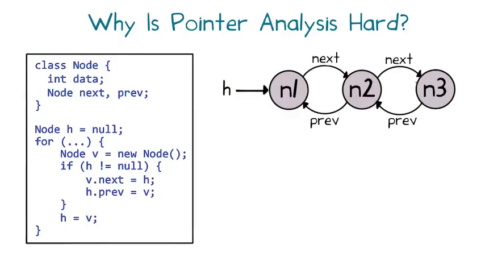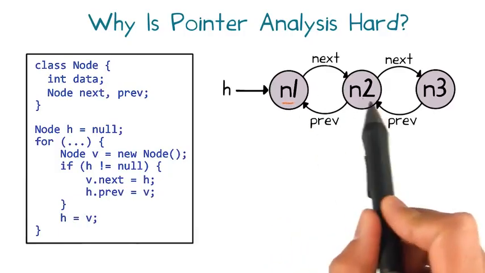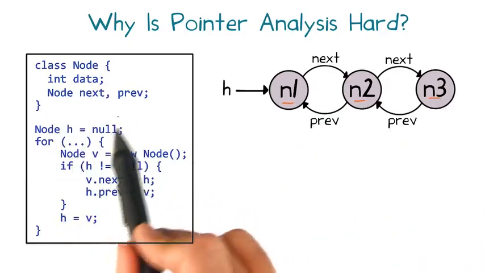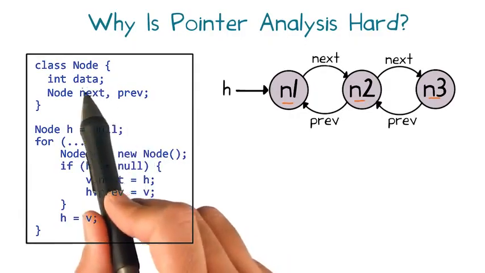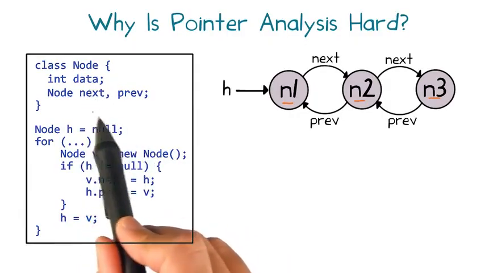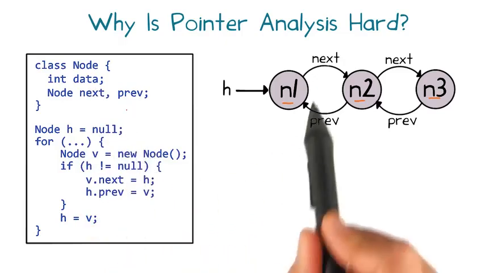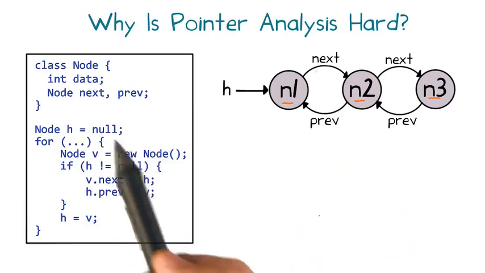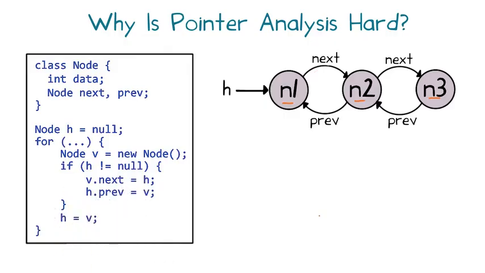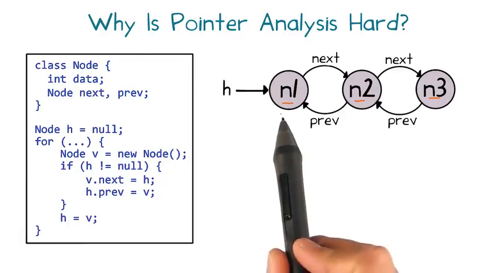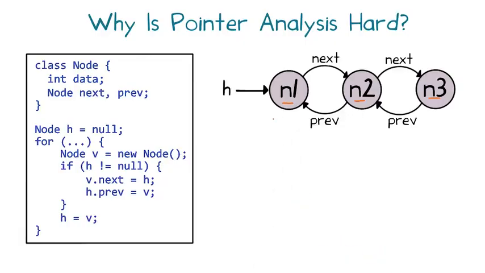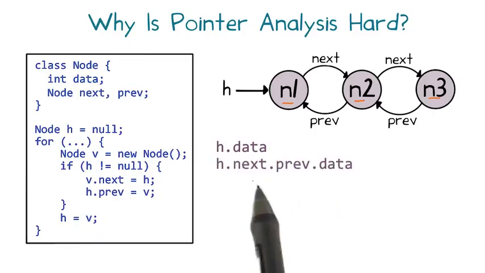Let's take a look at the following data structure, a doubly linked list created by this example program. Each vertex is a node object in memory, and each node object has a data field and two pointer fields called next and priv, which are capable of pointing to other objects. A precise data flow analysis of this program would need to keep track of all possible ways of accessing each node's data field. For example, the data field of the node denoted N1 could be referred to in many different ways. One way to refer to it is simply h.data. Another way to refer to it is